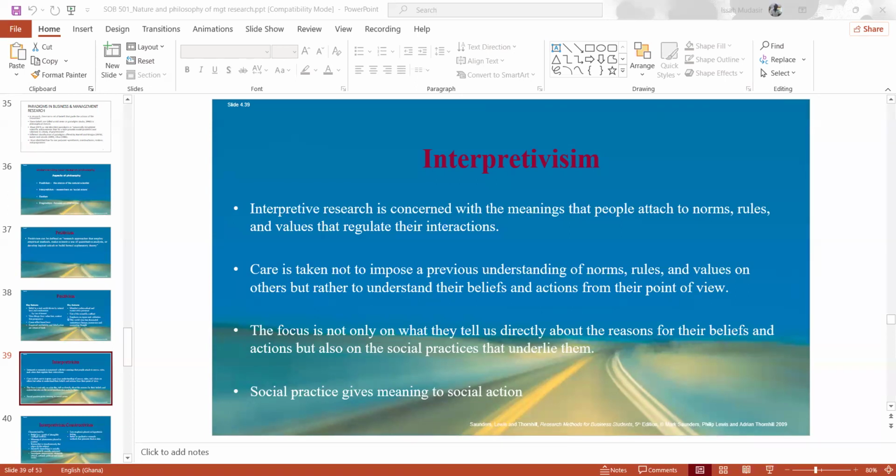In other words, here, the researcher is aware that, like you were talking about income, you are telling the person to tell you their income, and the income they are quoting, you, the researcher, know that that income is not correct. So you have to dig deeper. So you look around. So you have a nice car that is parked outside. You take note. Then you have what? A flat screen television. The person is using some nice laptop. You take note of all that as a researcher.